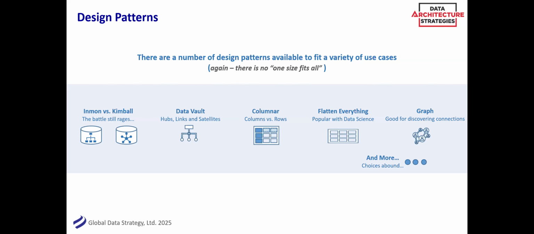Data Vault, there's a lot of really passionate folks there. A lot of what they say is that you can store the data in this, they're not going to love how I say this, semi-modeled way so that you can make the business decisions later, right? So you can store it in a very flexible way with hubs, links, and satellites, and then you can transform that into different ways later, right? Columnar, those are often good for speed of retrieval and things like that, where you store it not by rows like a spreadsheet, but more focused on the columns.